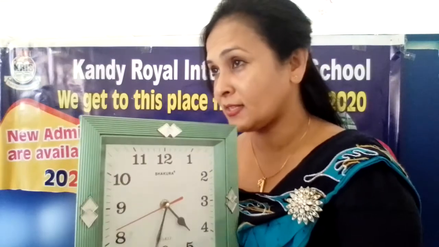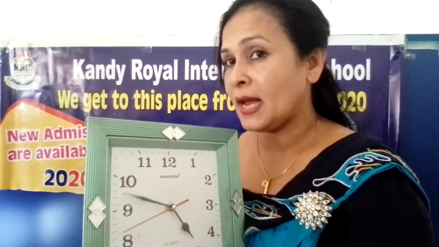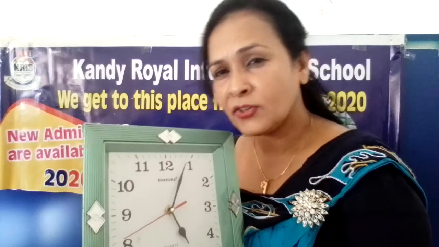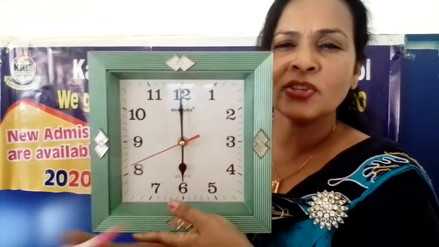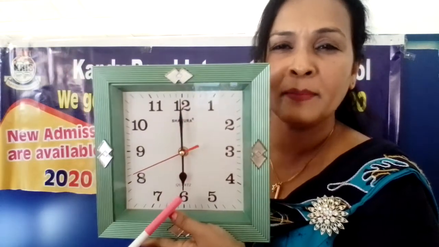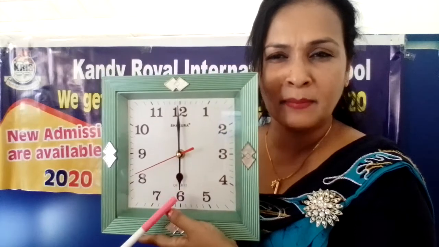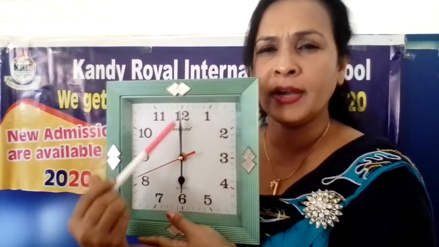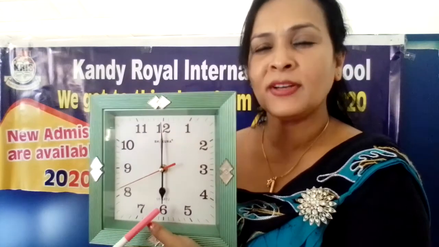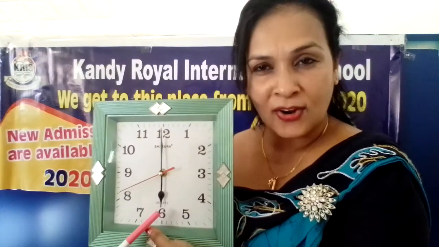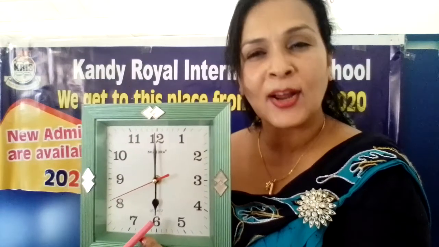Again, we'll see who can say. Abhilash, are you here? Sandika, Abhilash, and also I can't remember your names because these days you are not coming to the school. But I would like to see all. Where's the short hand now? Short hand nearby number 6. Every time the long hand is nearby number 12. I told you should have to think about the short hand. What's the time now? It's 6 o'clock.